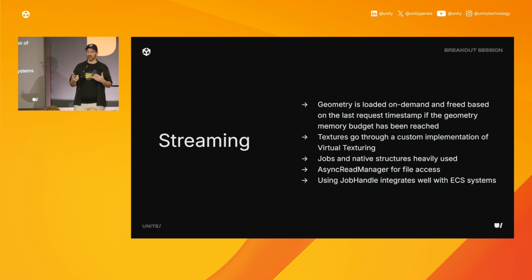And as the camera moves around, it's constantly streaming that data in and out. So it's quite heavy on the I/O. So there is a lot of packing and stuff happening behind it. But ultimately, the API that Unity provides is just a callback that says, I want to get this region and I want to get this MIP. And this happened to be first compatible with Burst using native structures,